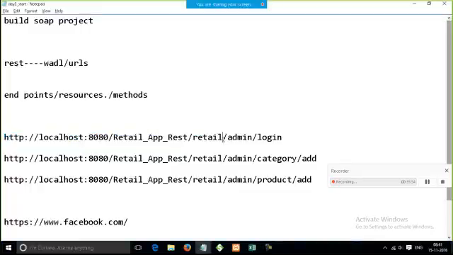My URL, which is common. For these URLs till retail it's common, so I could say